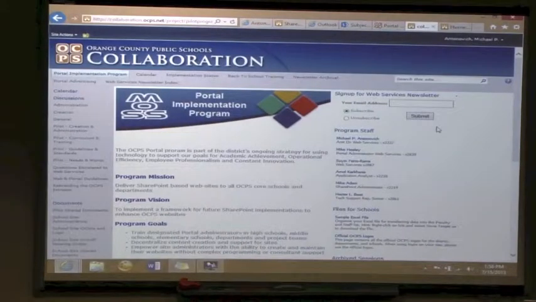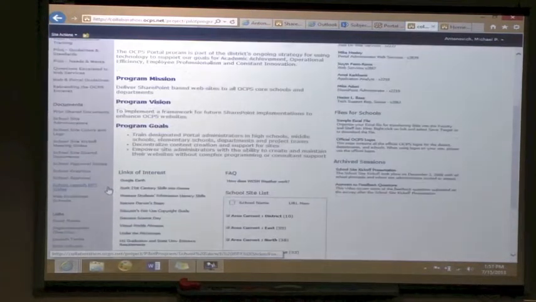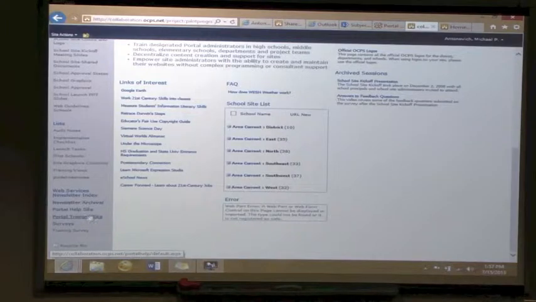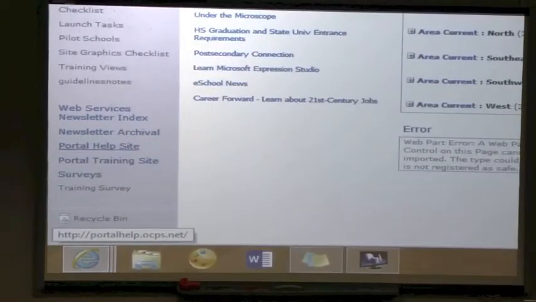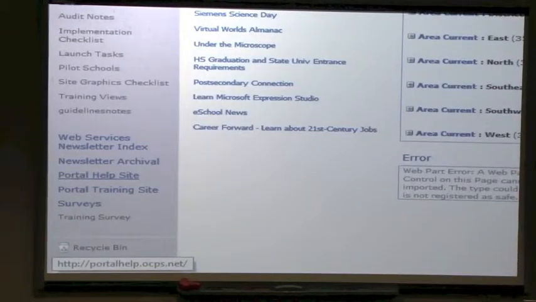But the other part that we really want to go to for this presentation is actually down here in the navigation on the left. Web Services Newsletter Index, and there's also a newsletter archive. Don't worry about the index for right now. That's something where we just keep track of individual articles, and that's done as a manual process. But if you go to the newsletter archive,